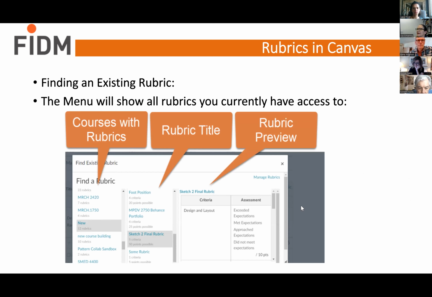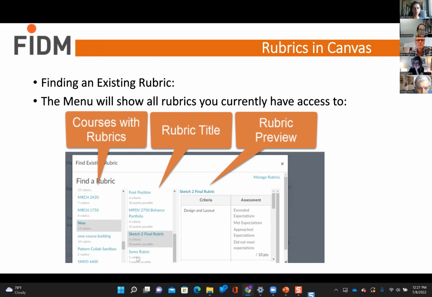So if you're having a problem remembering what you called something, that can be helpful to you to just find it based on the number of points for an assignment, for example. And then once you click on it, you'll see a preview of what that looks like here. So this one I imported from Blaine, and this is it. So I know that this is the 50 points possible, and this is the rubric that I would want to use. And at the bottom of this page,